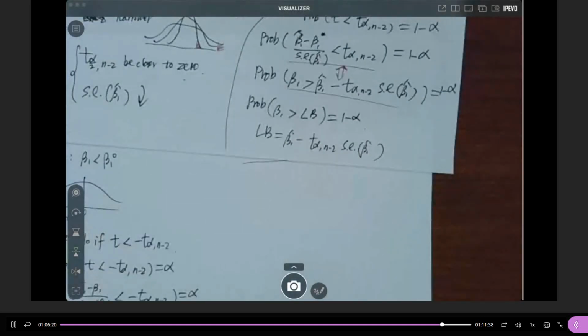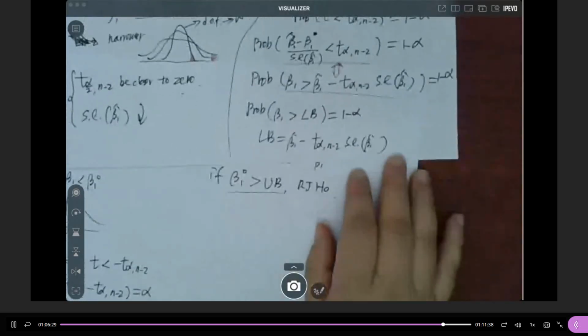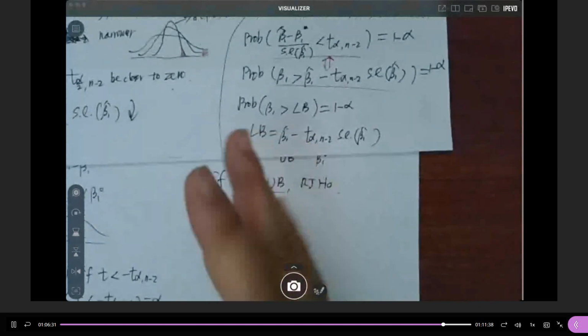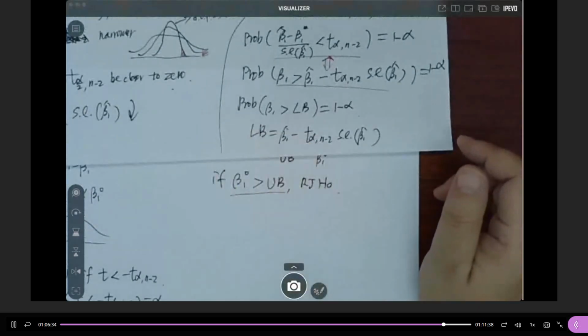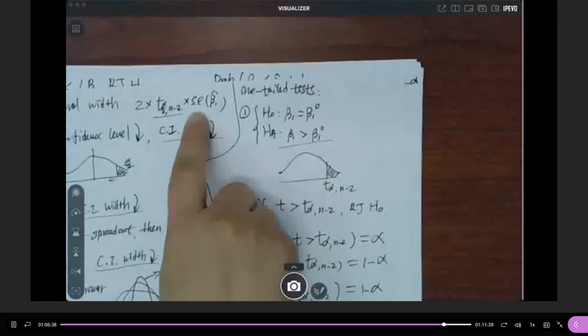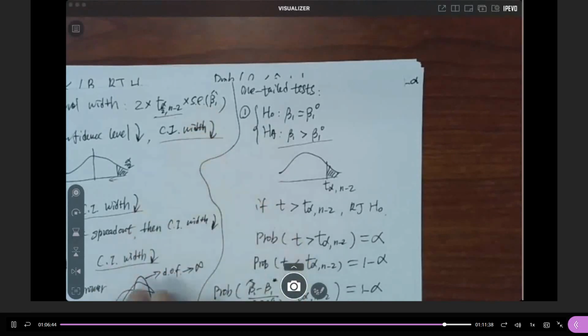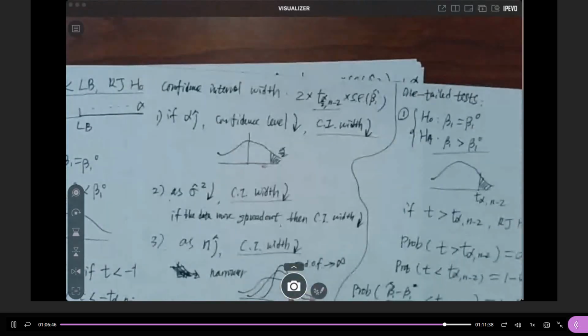So any question for this part? I imagine that it would take you some time to flip your head around for the inequality. So far we have done that for the slope. For the intercept, beta 0, the methodology is exactly the same, except that you just need to replace this. First of all, the standard error for beta 1 hat and beta 0 hat are different. And two, in the T